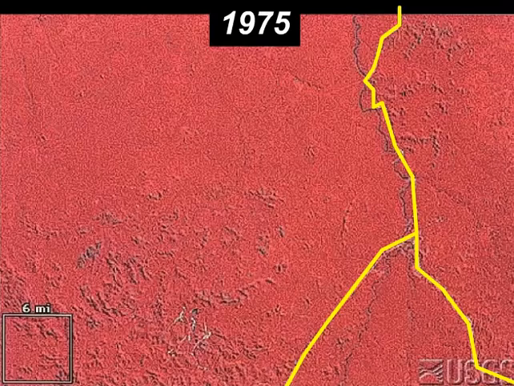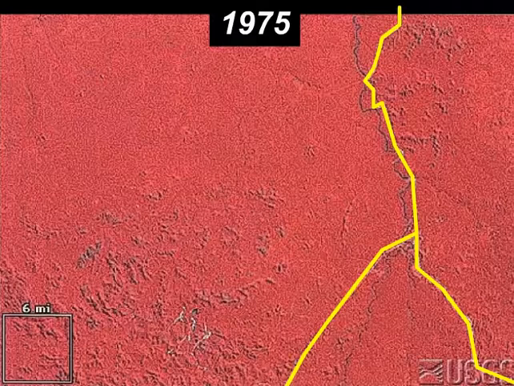This map here is an infrared map that uses red to showcase vegetation. And so what we see here is over time we're going to look at the change to this area. The yellow line is pretty much the main roads that we find in this particular area here. So it's not a vast area, it's not massive, but still these roads here are very critical to